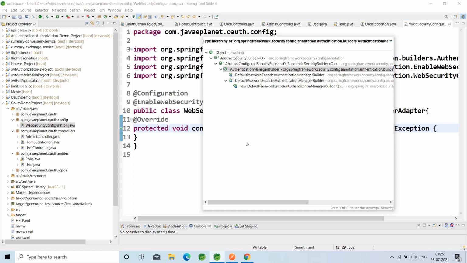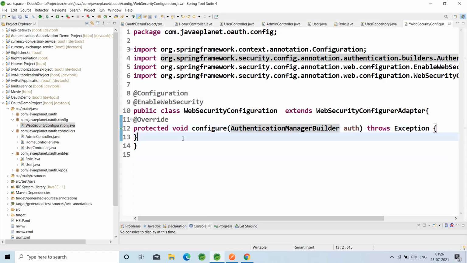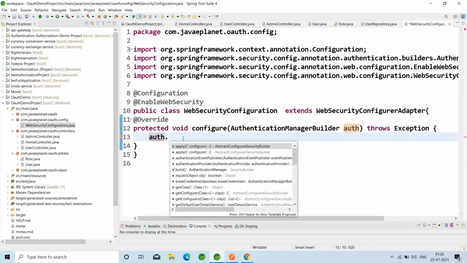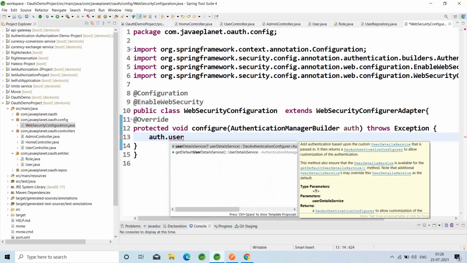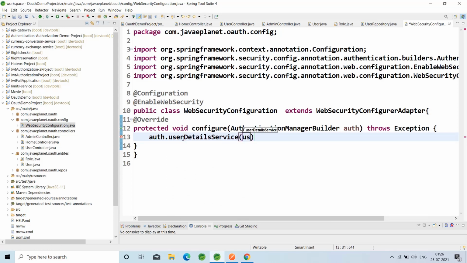AbstractSecurityBuilder, which is taken. Okay. Control shift. By using this reference auth, userDetailsService, which takes the UserDetailsService.